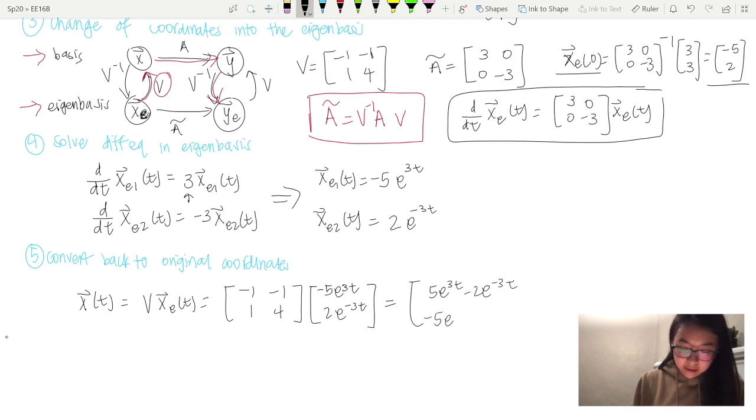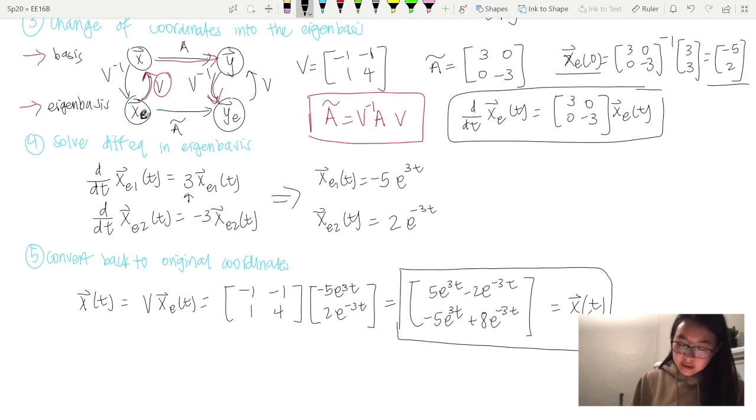And this is just basic matrix vector multiplication. And this is our final answer for what x of t is equal to. Just keep in mind x of t is a vector, so you can get two separate equations